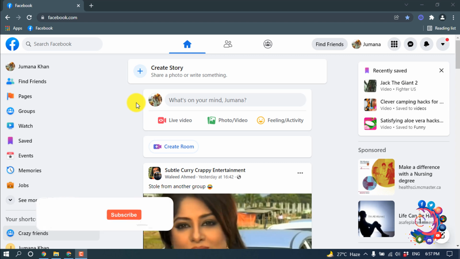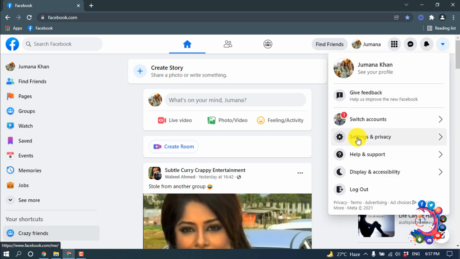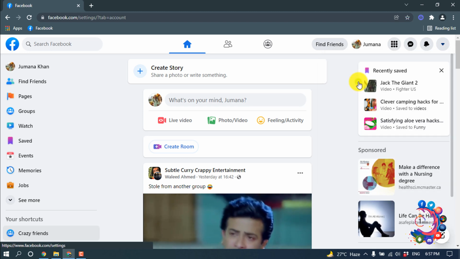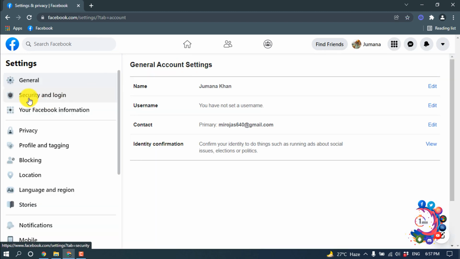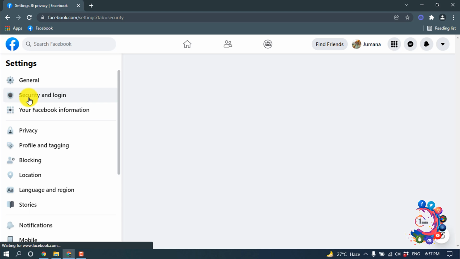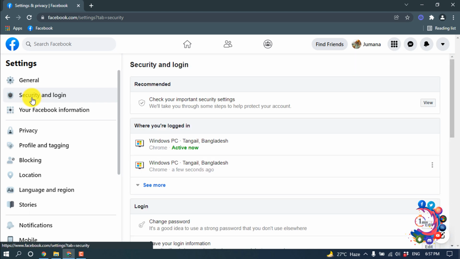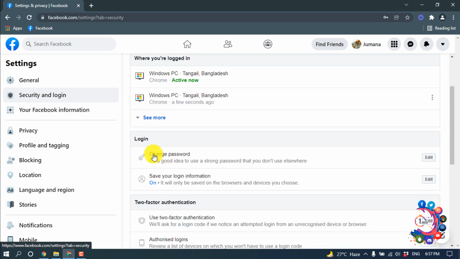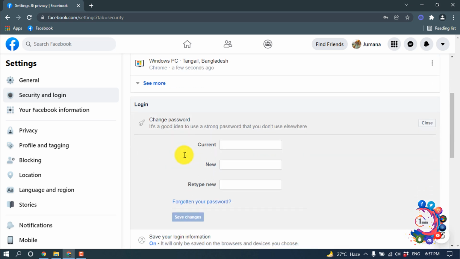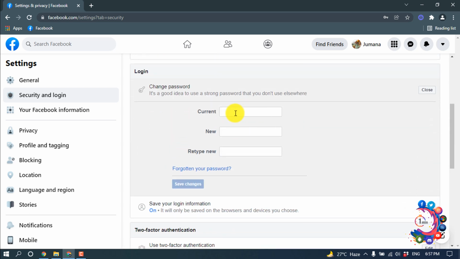Hello friends, in this quick tutorial I'm gonna show how to change Facebook password without old password. So first of all, click on this icon here, settings and privacy, settings, and click on security and login, and here scroll down, then click on change password. And here we can see manually it's asking for current password to change password. So all you have to do, click on forgotten your password,